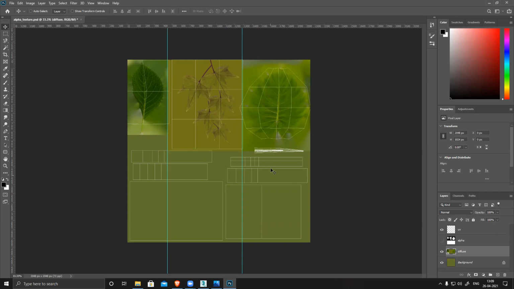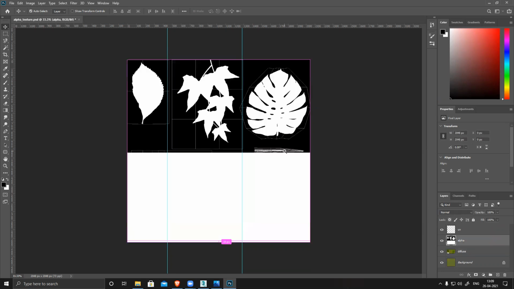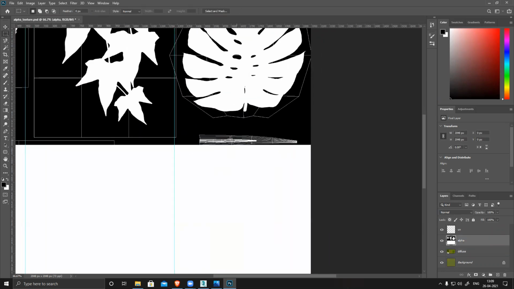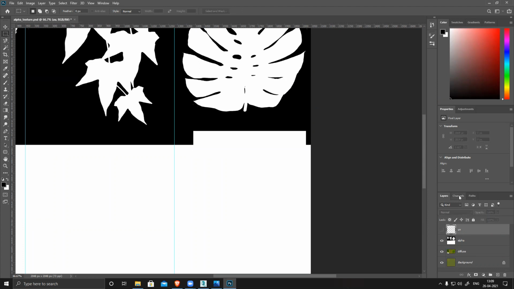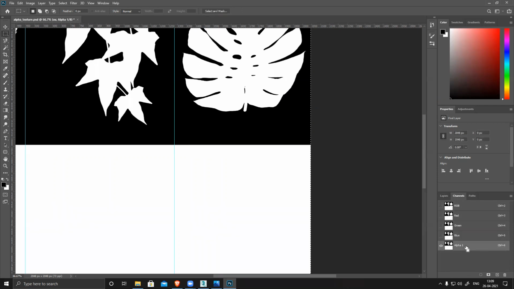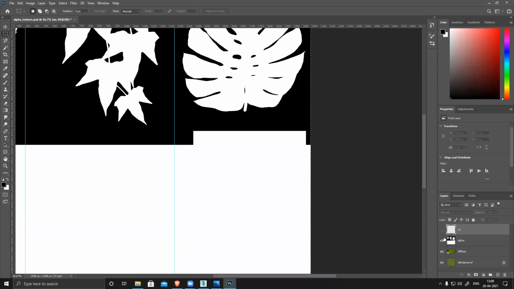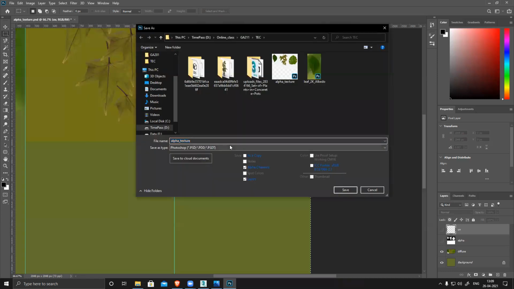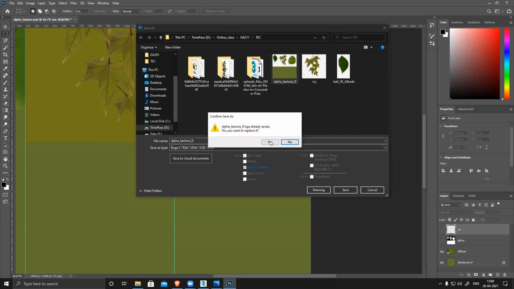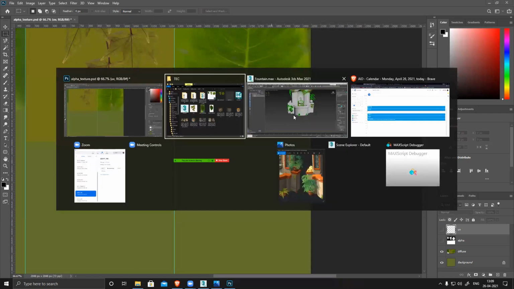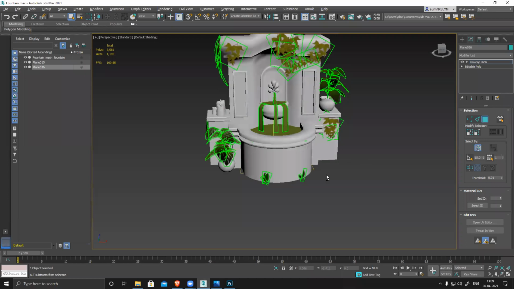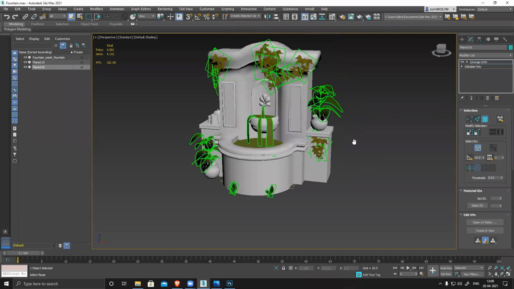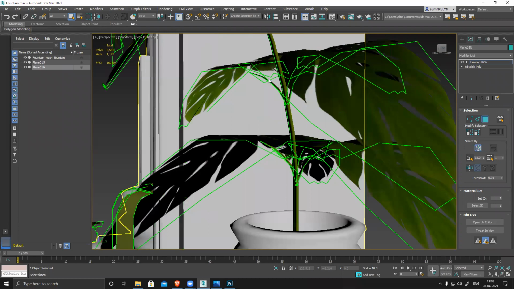So all textures are here, and now I can see clearly under alpha, this part should be white. White, Control D, switch it off, Control A, Control C, Control V. Alpha change, switch off alpha, and save your diffuse once again. Go back here. Now you can see that the green stem part is visible again.